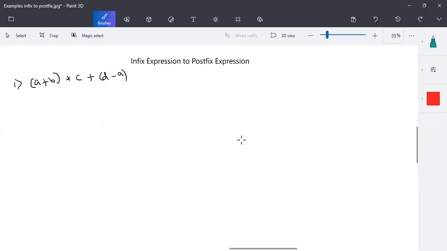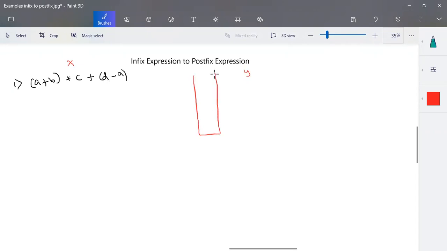Hello dear. In this video, we are going to discuss the conversion of infix expression to postfix expression. So this is an infix expression. We are going to write the equivalent postfix expression, and the procedure for conversion is already given in the previous video, so do watch that video before coming into this. Okay, so we'll consider this as your infix expression X, and we are going to scan the input from left to right, one element at a time, and we'll be using stack as a memory unit.